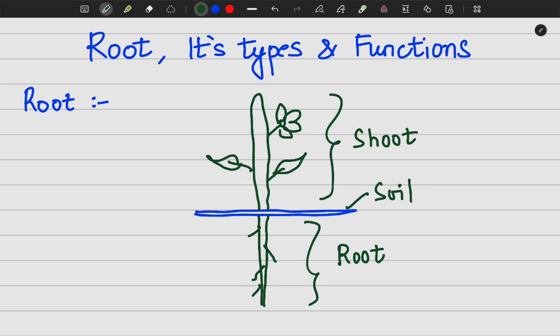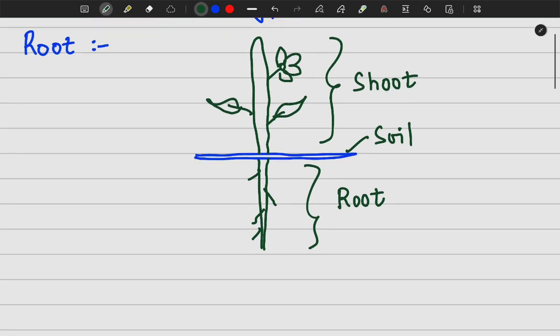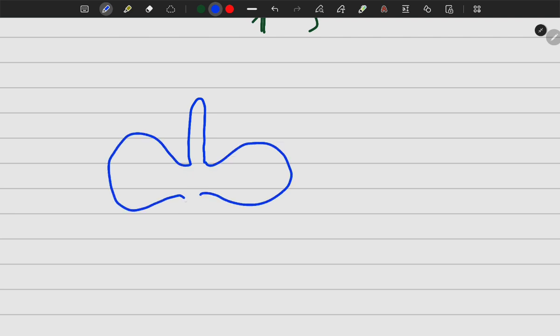to the types. Before moving on to the types of root, let us see from which part of the embryo the root develops from. So if you remember the structure of an embryo, if we talk about a dicot embryo, then it has got an embryonal axis and two cotyledons. These are the two cotyledons, and this is the embryonal axis. So the upper part of the axis is called the plumule,